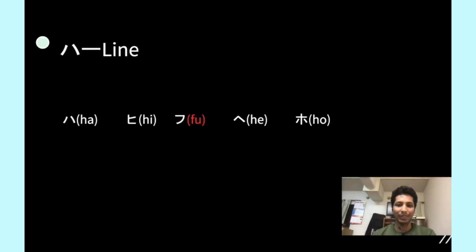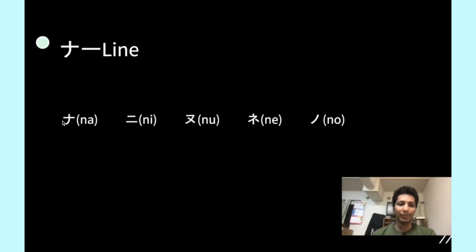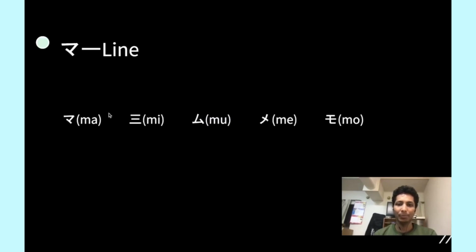Na. Let us go back. Na is similar to me, but as I said, na goes all the way a bit down and then moves left. This is a straight line, but in case of me, it goes all the way to the left from the starting, and this should not be a straight line, which means both strokes are different. So make sure about that.